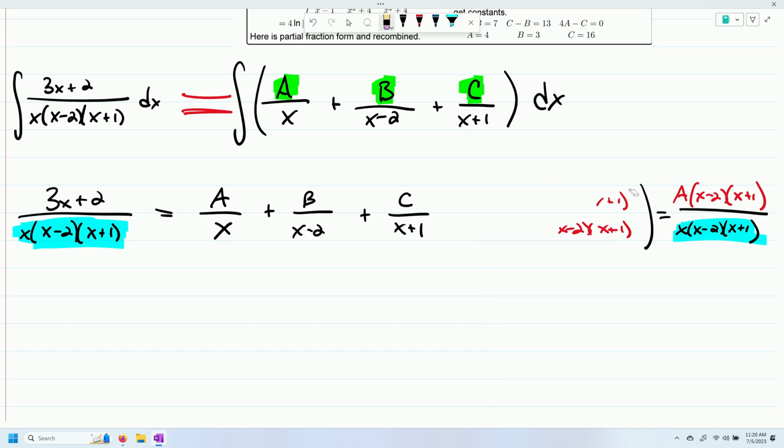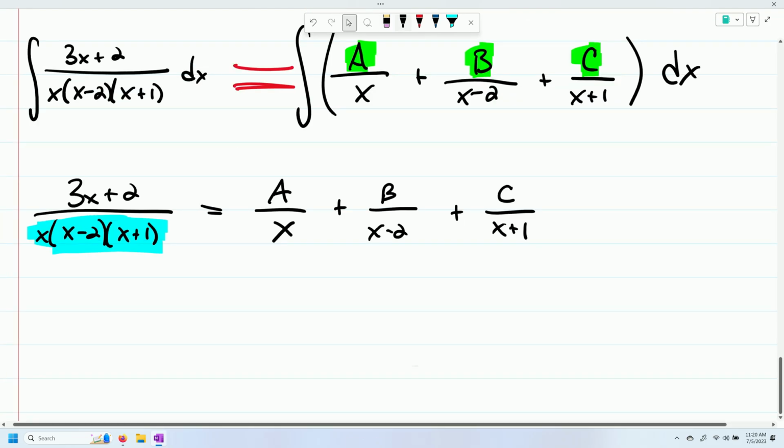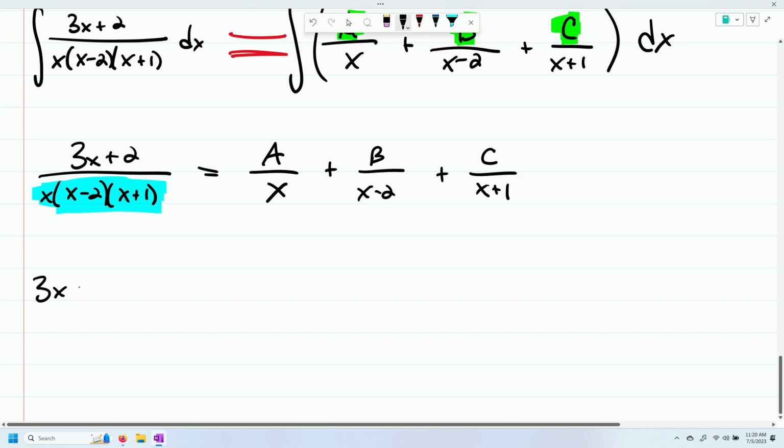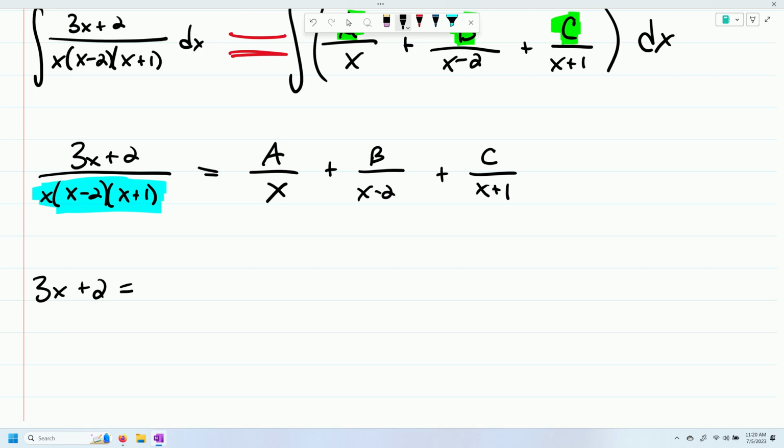What I'm going to write is this. On the left-hand side, I'm going to write 3x plus 2. And on the right-hand side, I'm going to write a times the quantity x minus 2 times x plus 1,